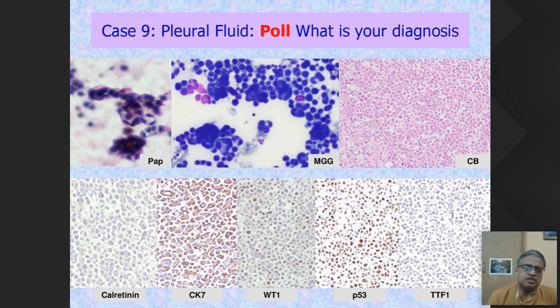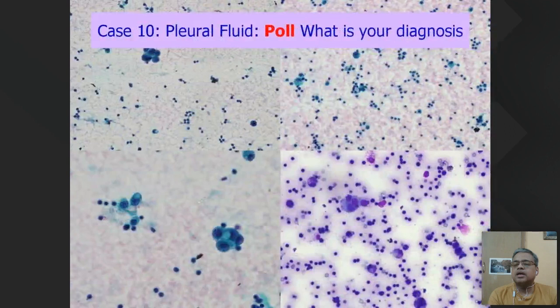In such a situation, it is better to investigate with radiology. So you go positive and ask for a radiological investigation rather than do more and more immunohistochemistry trying to find, because every carcinoma is not going to come 100% strongly positive for a particular type. And subtyping may not always be possible.